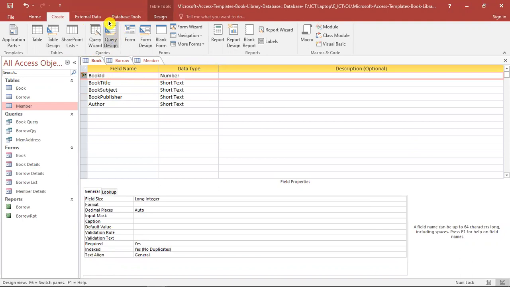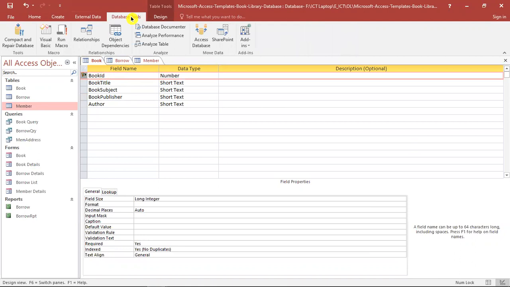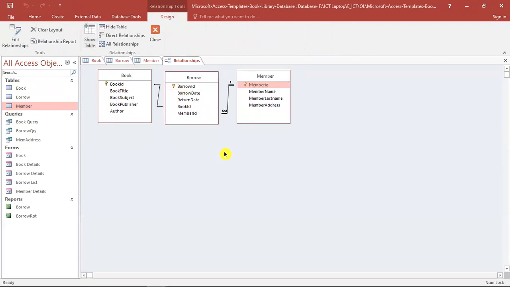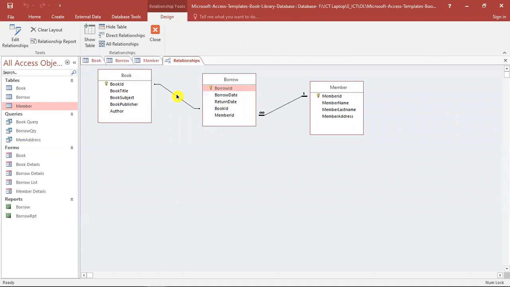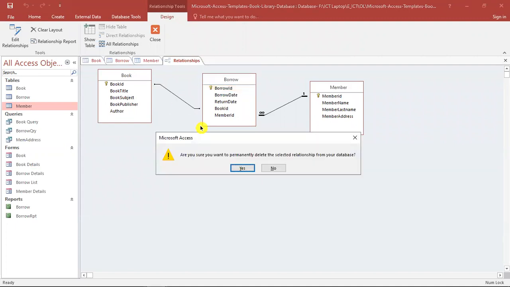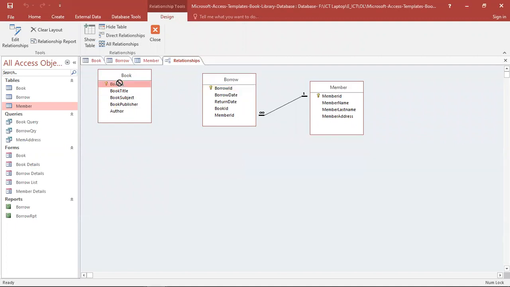We can see in the database tools tab there is something called relationships. If we select that, we can see the relationships between these tables. We can make these relationships just by drag and drop.